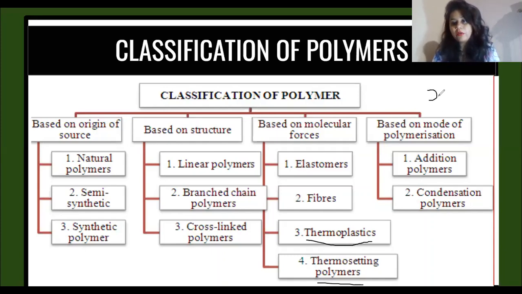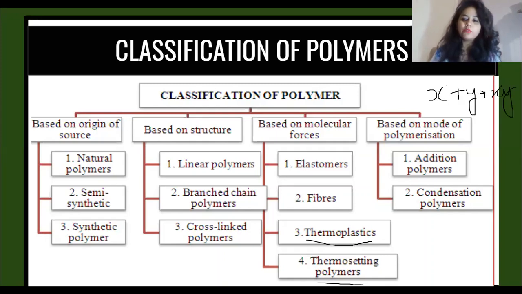For example, this is one monomer unit, which is X. I will add another monomer unit, which is Y, into it, and then they will result in the formation of what? XY. This is the simplest example of addition polymers. Now, we are joining two different monomers, they will combine with one another, and then result in the formation of a single polymeric chain.